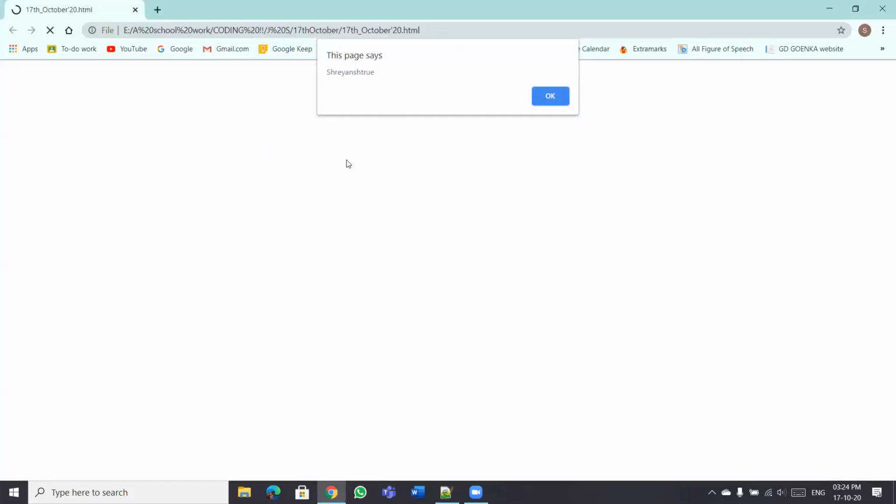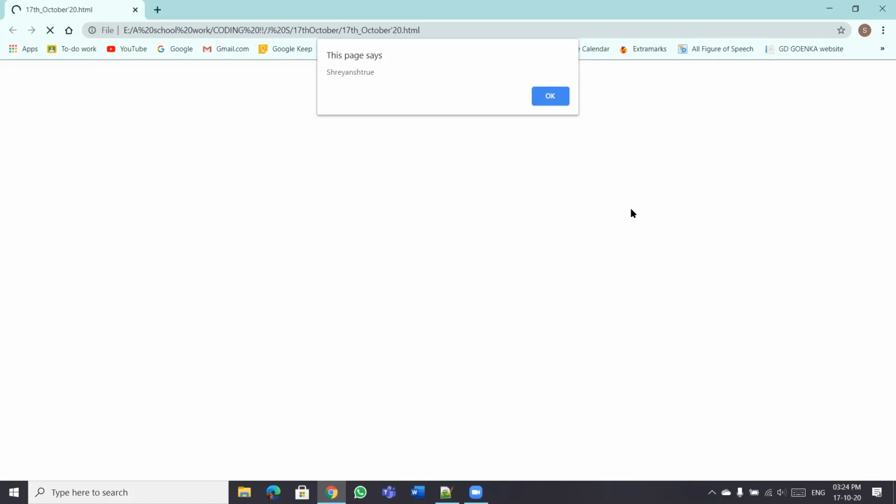Whatever values we have assigned to those variables, we can see now. Alert you can use either to test your code or to give a pop-up to the user if they have done something wrong, or if you want to inform them of something.